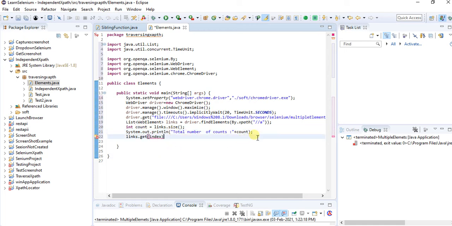Okay, now coming to the index line of code. Here I will take the zeroth index. So over it you will find the web element. Now what I will do, I will get the text of that.